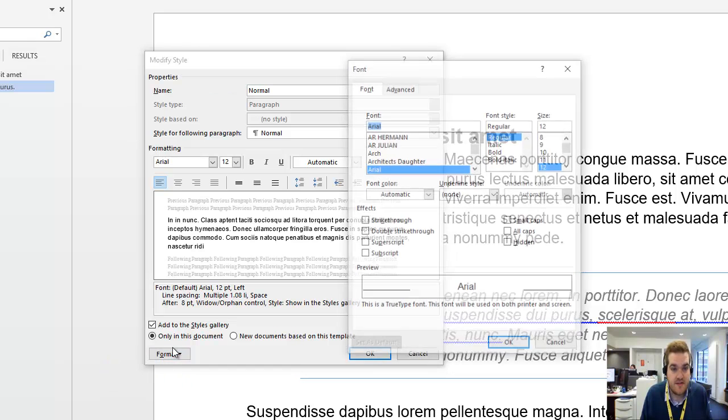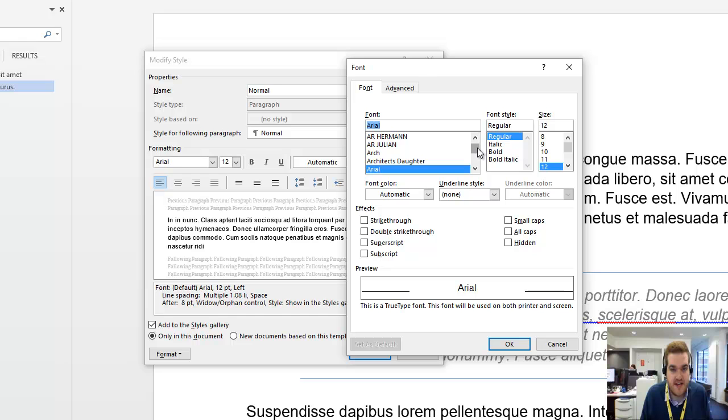If I click into fonts, you'll see there's a number of different options here. It's an easier dialog to browse through the fonts. You can see the type of styles that are available in here, such as bold or italic or bold italic, and the sizes. And this isn't dissimilar to the settings that you find on the main page. However, you'll also get a number of different styles here, such as subscript, superscript, double strike through, small caps, all caps, and this can be quite useful if you're trying to apply it to certain kinds of